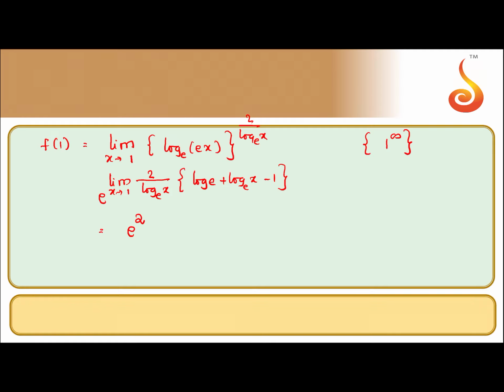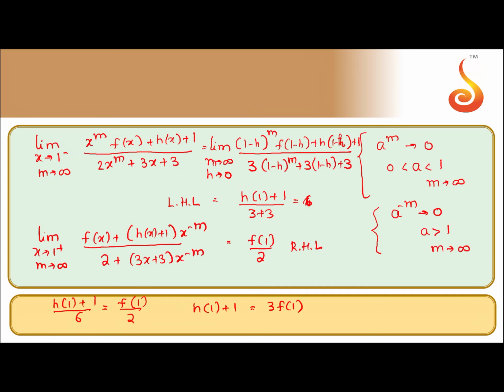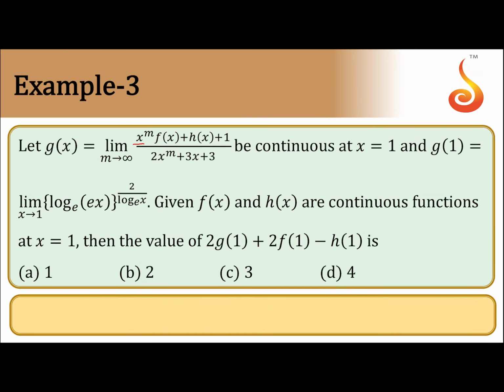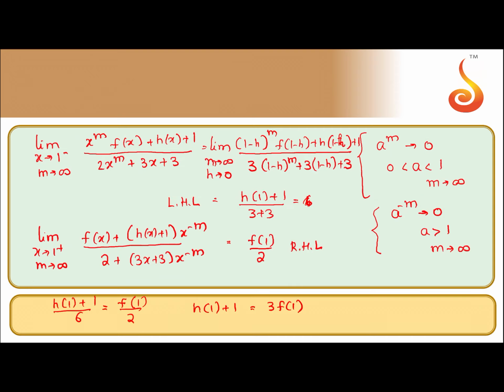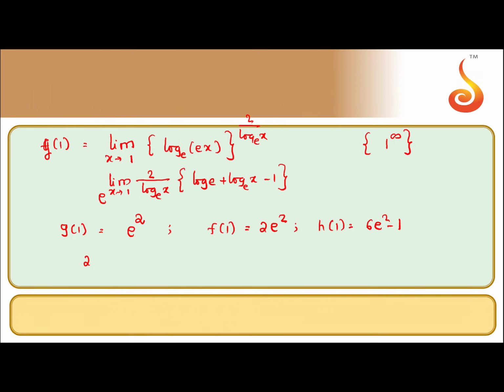So what we got here actually, this is g1, the value of the function. This is equal to g1. g1 is equal to e square, we got it. So from this what do we get? f of 1 will become 2e square. f of 1 will become 2e square and h1 will become 6e square minus 1. These are the values we get. So what do we have to find out? We have to find out 2g1 plus 2f1 minus h1. So we require 2g1,